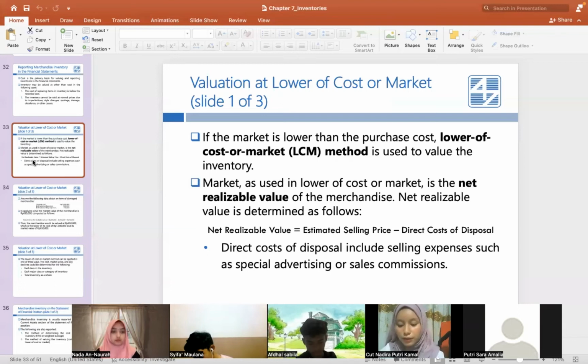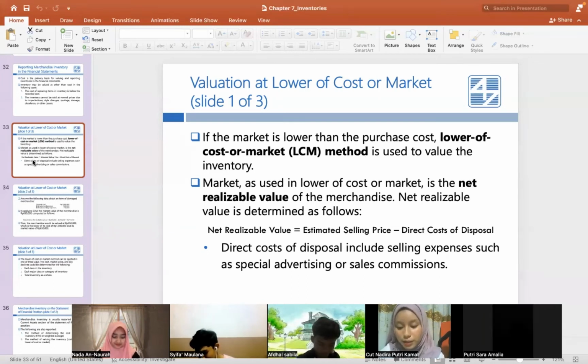Net realizable value is determined as follows. Net realizable value equals estimated selling price minus direct cost of disposal. Direct cost of disposal includes selling expenses such as special advertising or sales commissions. And the next slide,